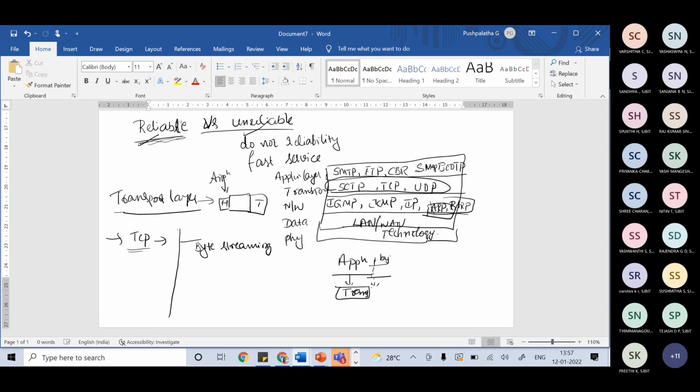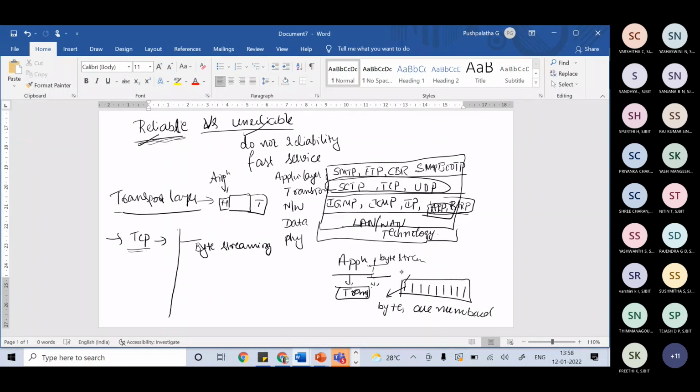Byte streaming is segmentation. Whatever data is received from the application layer is divided into TCP segments. Each segment comprises a set of bytes, and each byte is numbered.